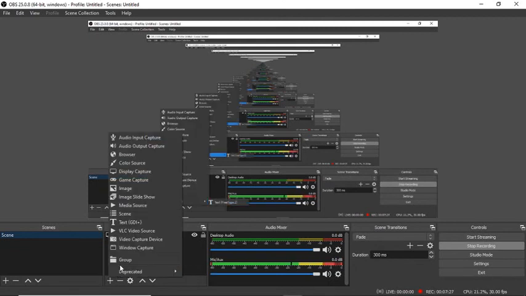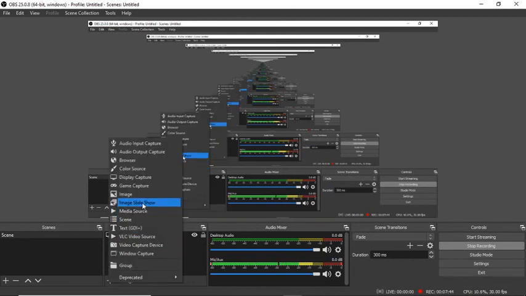You could see there are varied options here, right? They have their own features in them. So what does sources simply mean? Sources is where the recording material is taken from, right? Whether you want to take your recording material from images or an image slideshow, or you need to use text, or a video capturing device, or display capture, or you need only audio output or input capture. So I'm going to show you only 3 here, right?